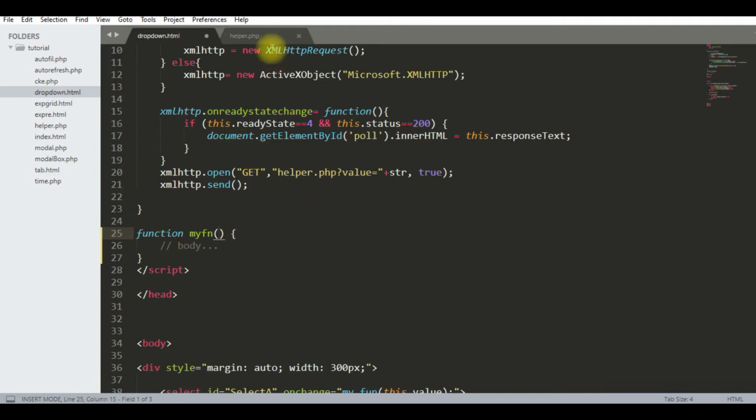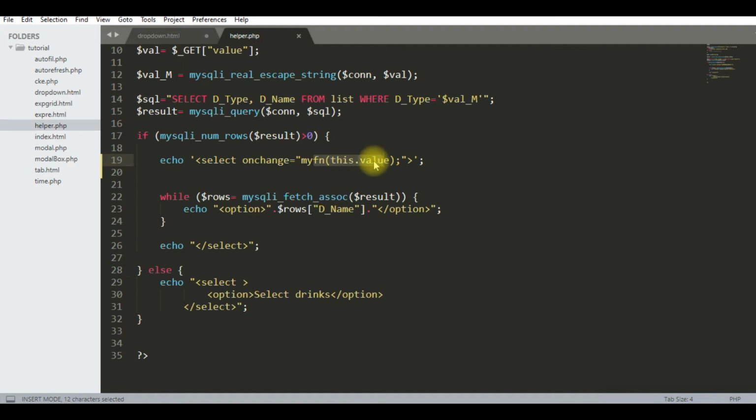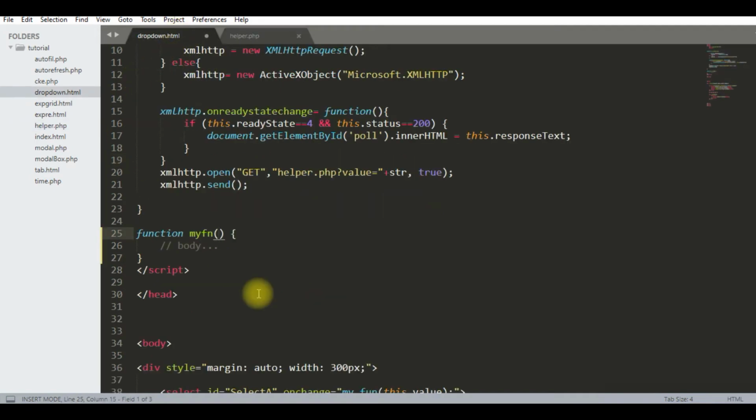We will get the value of this option as a variable, say val, and we will display this value somewhere.